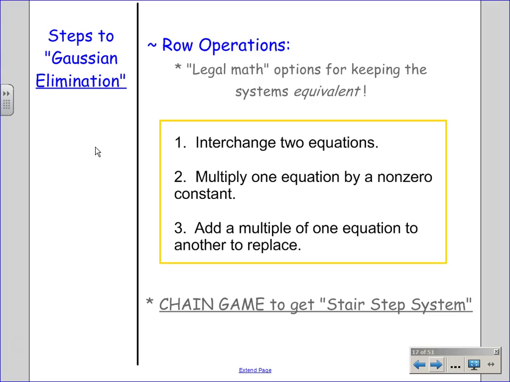How effective is a chain if a link is broken? So in order to get to row echelon form, what you just saw, which would be so much easier to get x and y and z with, and to get there in a systematic approach where all of our work will match, aka we're all doing the exact same system, aka we could tell a computer exactly what to do every time, we're going to have to go link by link, step by step through the process. And if it breaks down in any place,